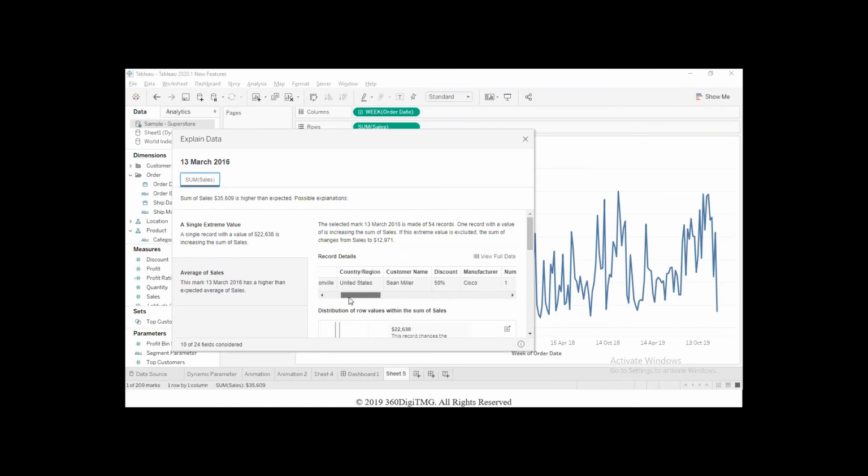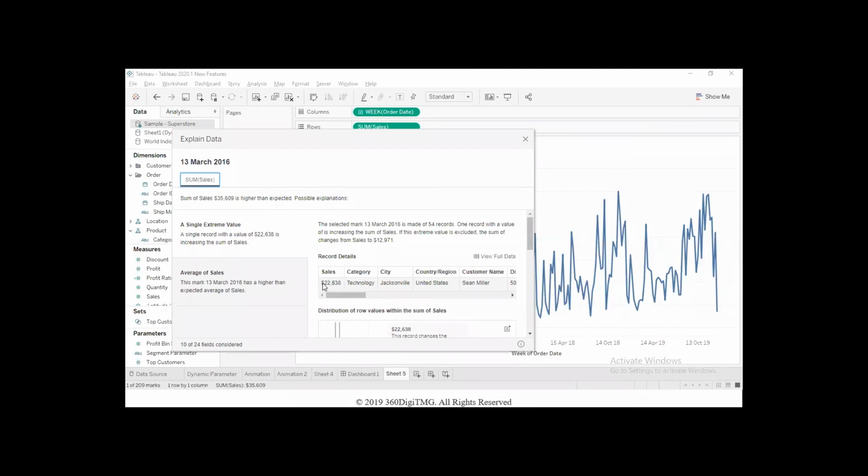It's telling us that on 18th of March, week starting 13th March, so 18th March comes in that week, there was one order that was placed. Okay, this particular order ID by Sean Miller, the customer from United States, who placed an order under technology category for which product? Some video conferencing unit. Okay, this was sold at a loss of $1,811. Okay, but the sale value was so high.